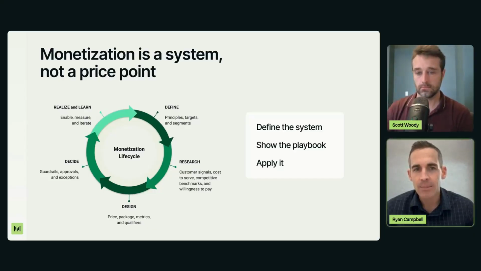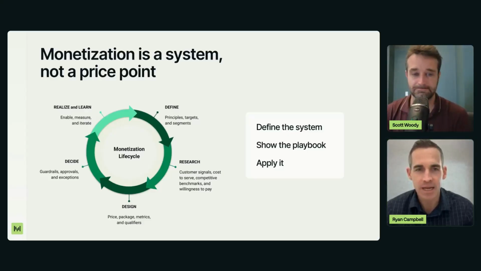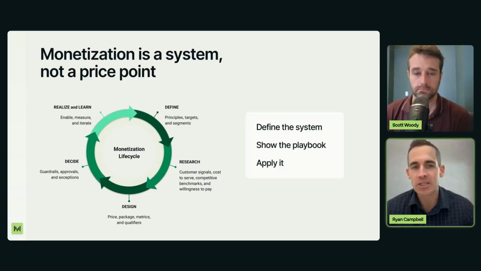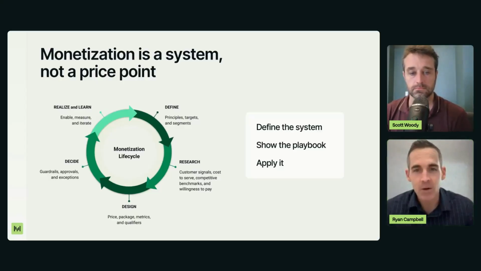So I'm going to spend some time today walking through each one of these steps. One thing that I do want to stress today is I don't want this just to be an academic exercise of, hey, pricing theory suggests you should do X, here's the right framework. I also want to spend time on what really can go wrong, what's hard about these steps. When you look at a slide like this, everything seems sequential and structured and ordered, but in reality, that's not how it works on the ground.